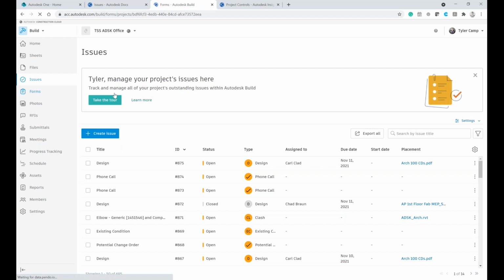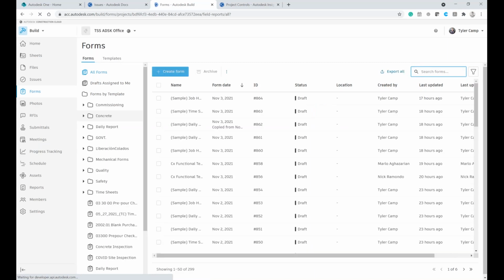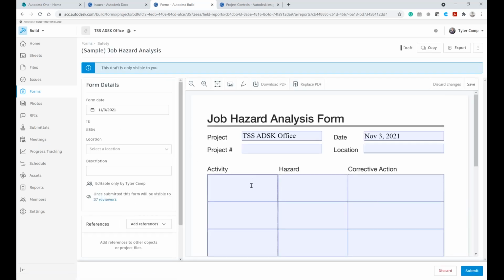Our forms feature allows you the ability to do a few things. You can do daily reports, or you can do site inspections. You can do time cards. There's a myriad of things that you can do and create. If I come in here, I can create a form. I can look at this here. I can actually bring in smart PDFs as well. So if there's a project that you're on that has certain paperwork that's required, you can utilize that company's paperwork. Or if you have one that you absolutely love that you've made, you could import it in here and have a smart PDF